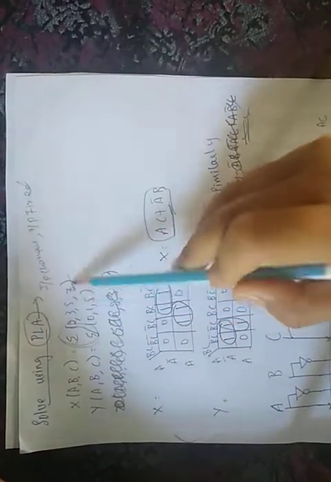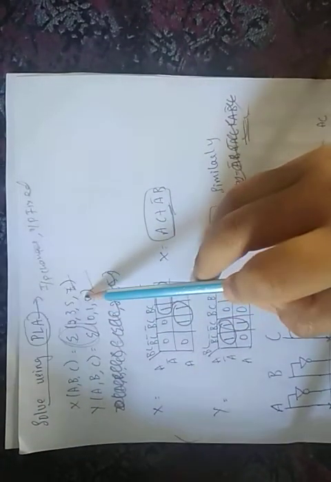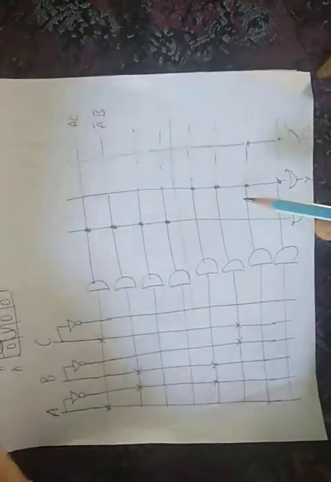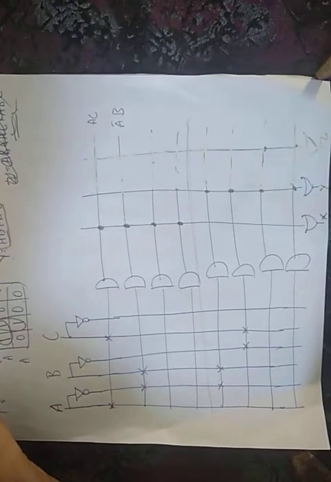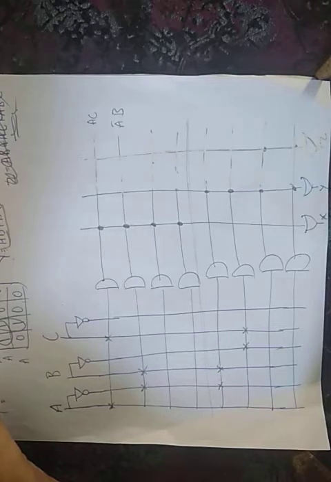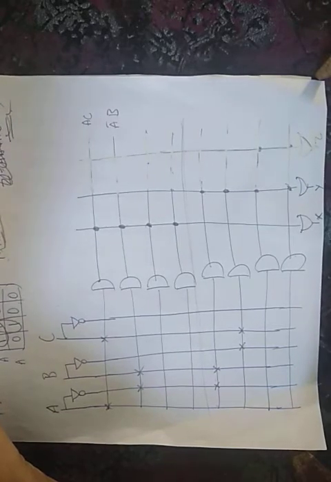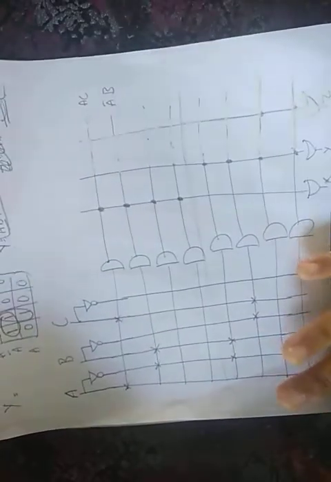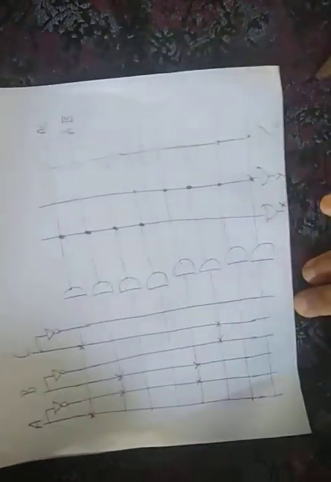Only one thing you need to notice: if they give a summation of numbers, don't be confused. They will be giving us the min terms. You need to solve the K-map. Once you get an expression, just plot it in the PAL or PLA, whichever the question asks. They'll be asking this for 2 marks. But if they ask for the logic diagram in detail, to explain the PAL, PLA, you need to study the videos that I sent yesterday in detail, or I'll be sending the notes, you can go through that. So this is how you need to solve PAL or PLA in simple methods.